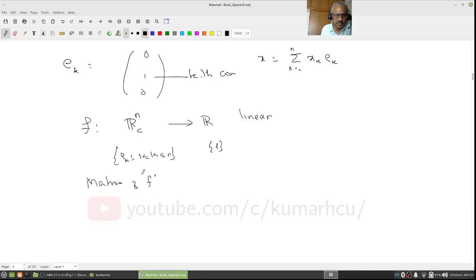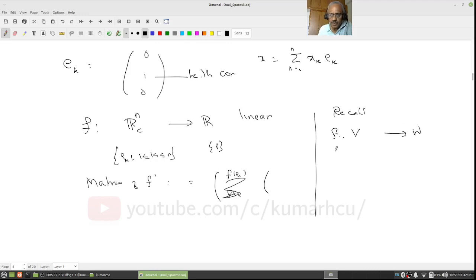Matrix of F with respect to this basis, that's going to be, right? Notice that that's going to be f of e1, f of... Do I remember how to write down the matrix? Let us recall. If F is a linear map from V to W, and if v1 to vm is a basis of V and w1 to wn is a basis of W, the matrix of F with respect to these bases,